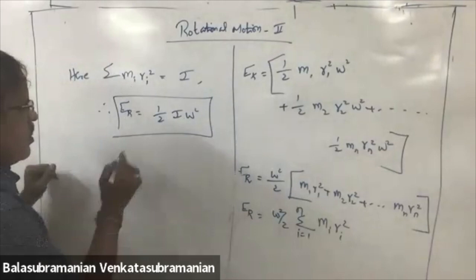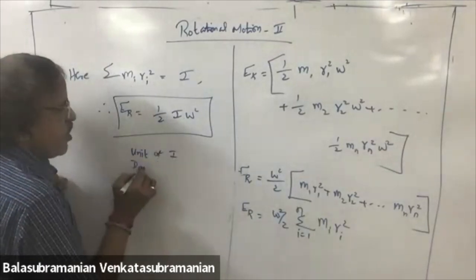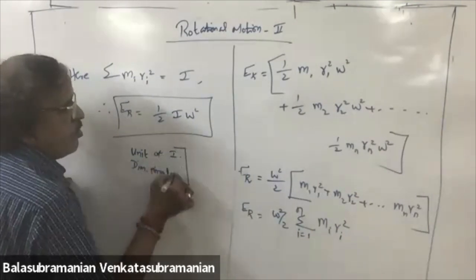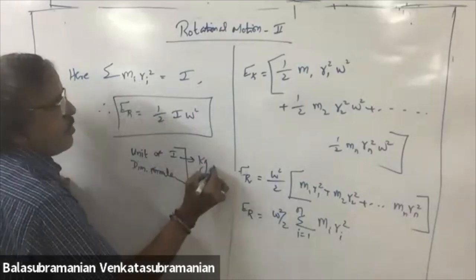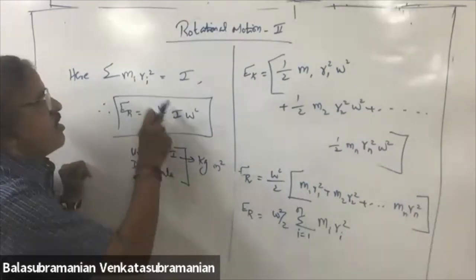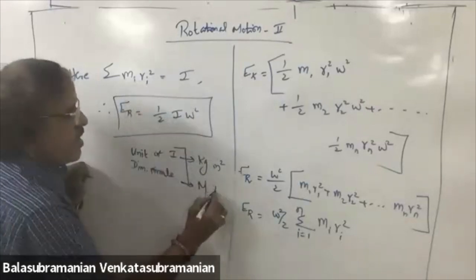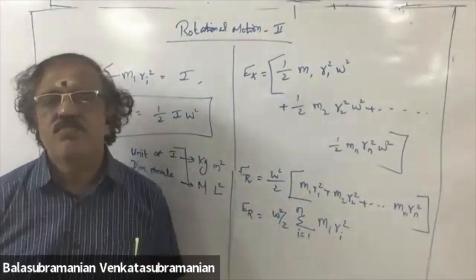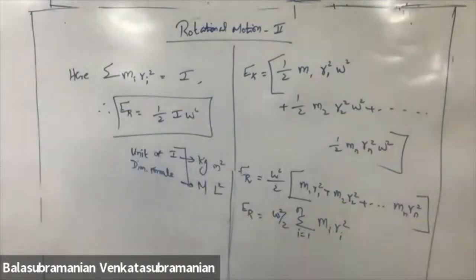Correct? Now, the basic unit and dimensional formula of I. Unit is mass into distance square, kilogram meter square. Dimensional formula: mass capital M, distance square L square, so M L square. Okay, fine. Next,